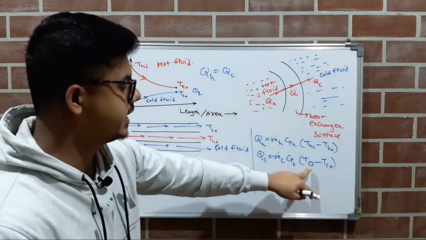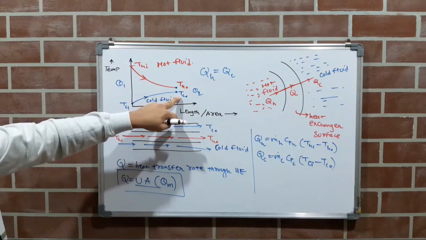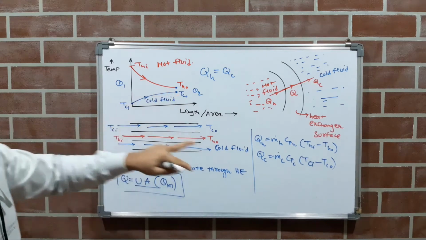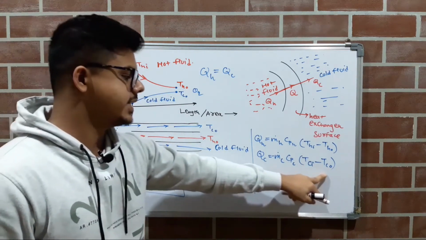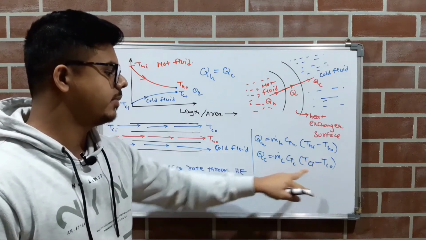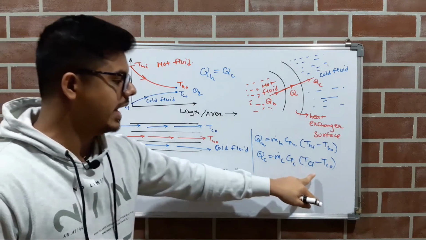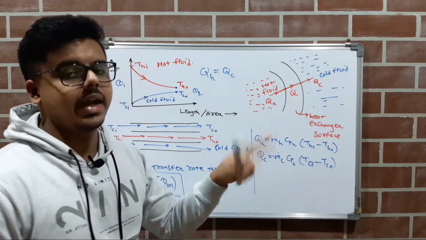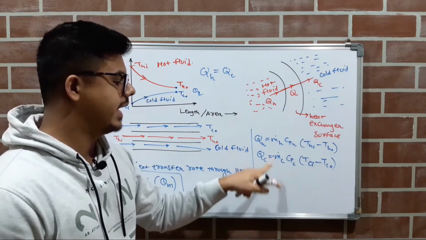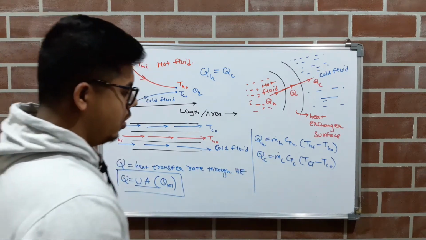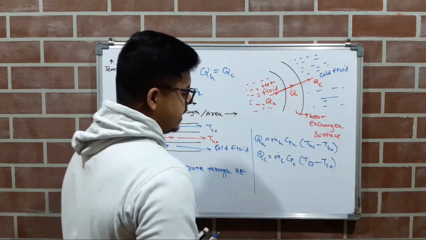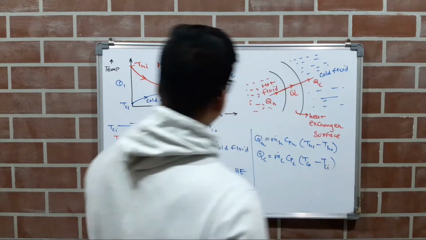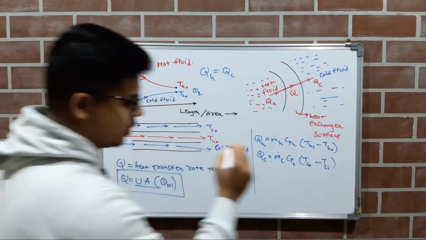Why? Because you can see TCO is greater than TCI. So if you put the values of TCI and TCO, you will get a minus here. To eliminate that minus, I have to write an extra minus sign here. If you write it as TCI minus TCO without the minus sign, it will come out in negative form. Or, if you do not want to write this negative sign, we just write TCO minus TCI, because TCO is greater than TCI. So remember this part, right?